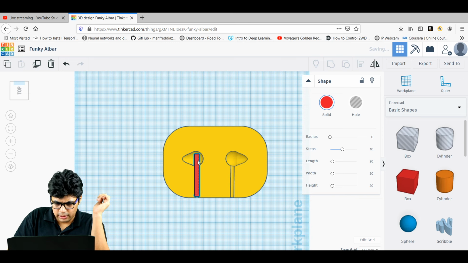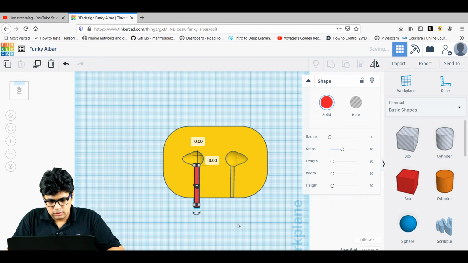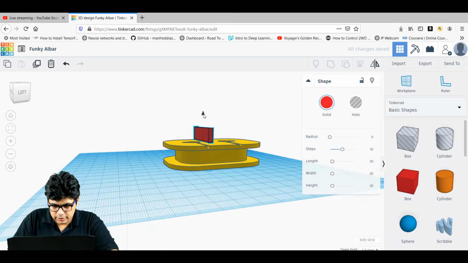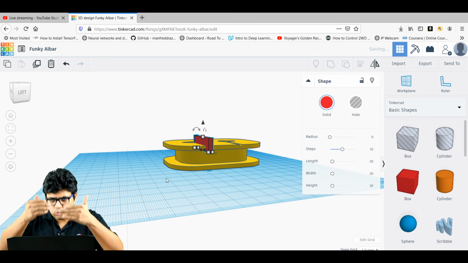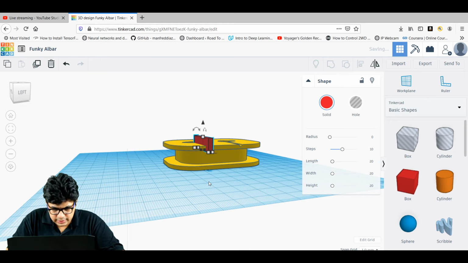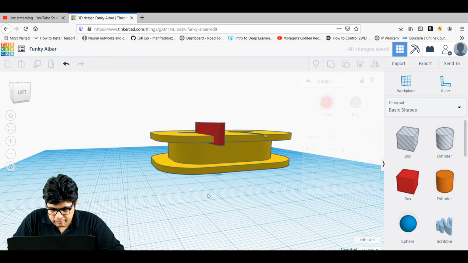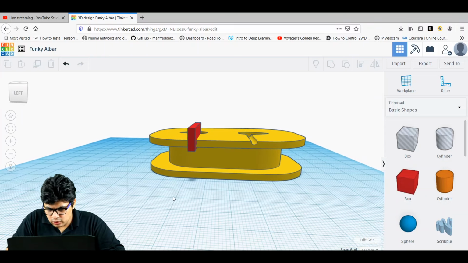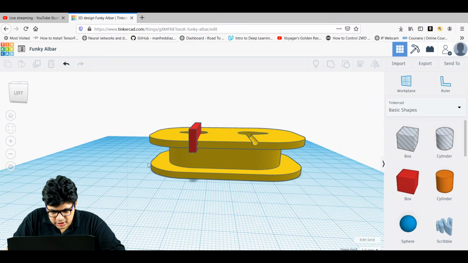Okay, I'll need to bring it towards this side. Okay, now I think it is fine. So this looks fine to me. I need to bring it a little bit downwards, so down, down, down, and this is fine. This position is fine, just 1 or 2 millimeters from here. We're just doing it as rough. Okay, like this you need to make it. And you can also bring it a little bit towards the right side, but this looks fine to me